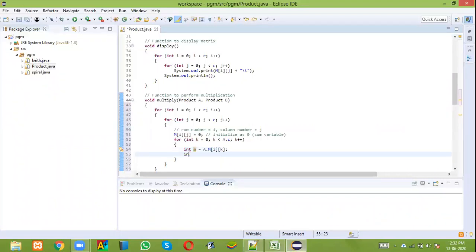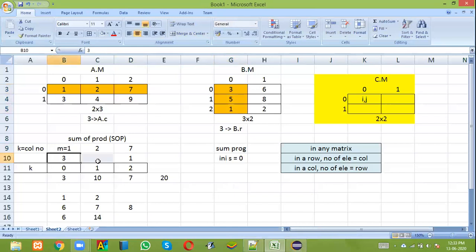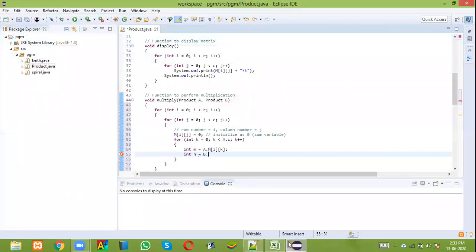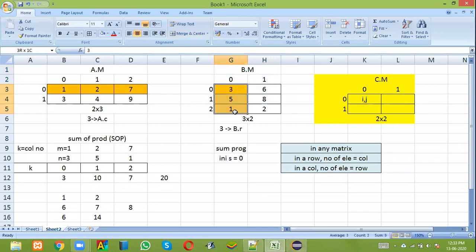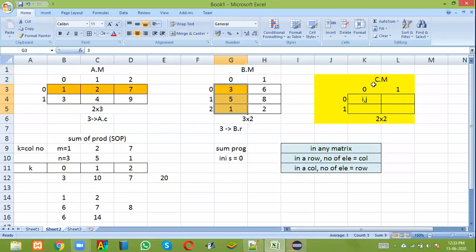For variable n, now I have to concentrate on this matrix. See this matrix, this is going to be the n variable. How to get this n variable? I have to first concentrate on B dot m. So I write B dot m first. Here, see, row number is changing, correct? We are looping through a column. So what is the column? Column is going to be j.